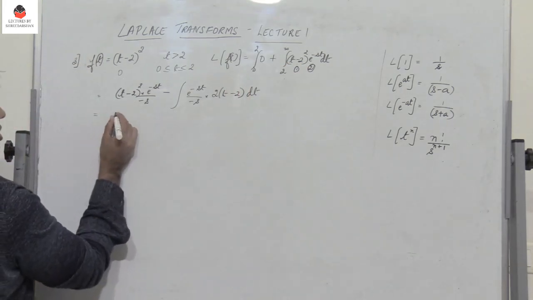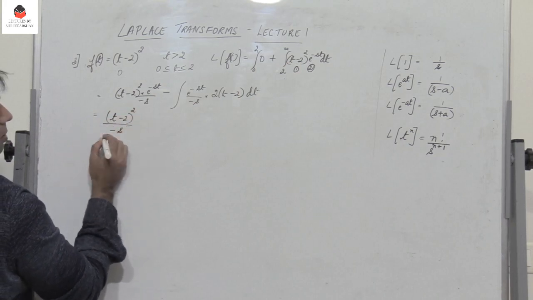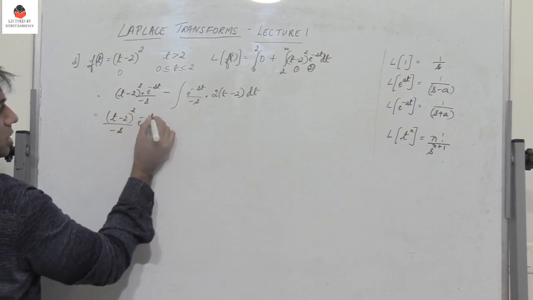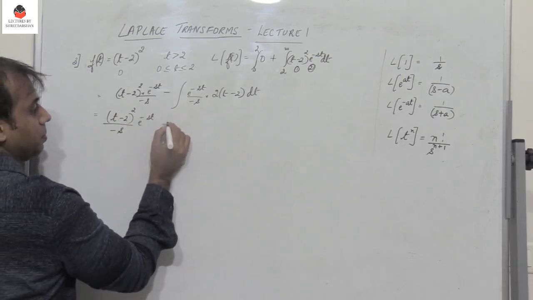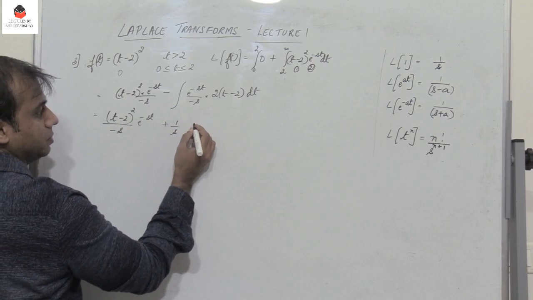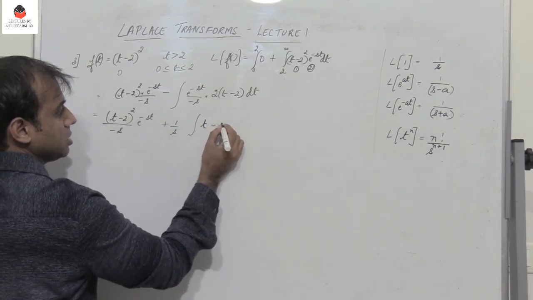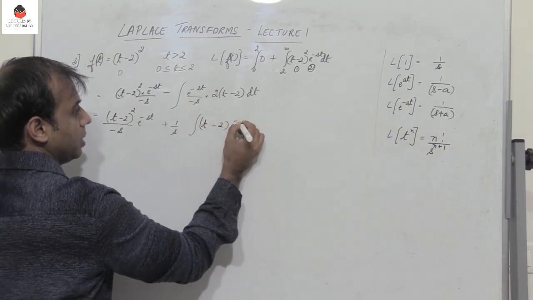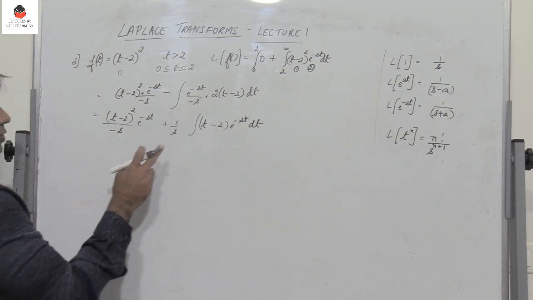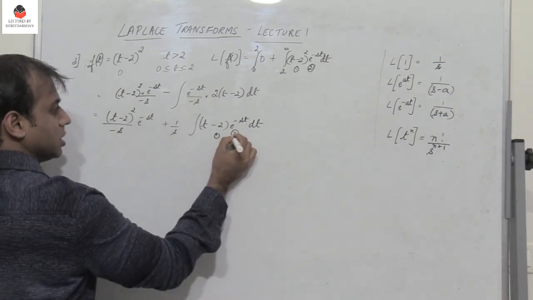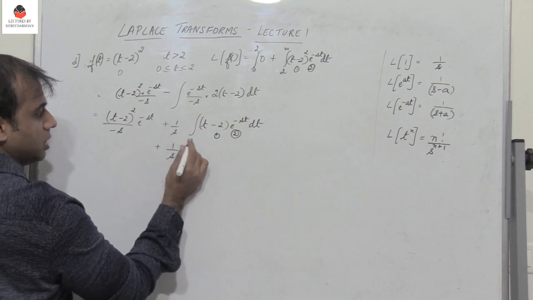So this is (t minus 2) the whole square by minus s, e power minus st. Minus into minus is plus, so you get plus 1 by s, right? Again, this is (t minus 2) into e power minus st dt. Again, this is the first function and this is the second function, so you get plus 1 by s, first function,